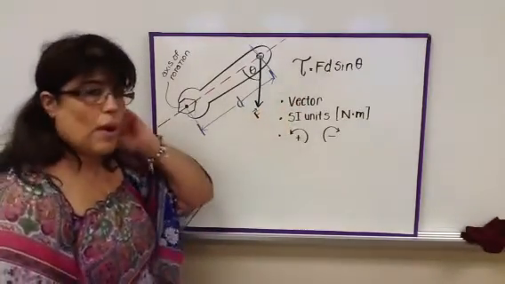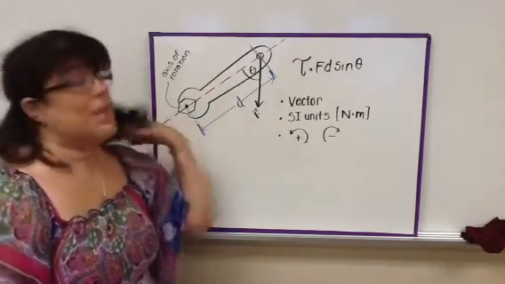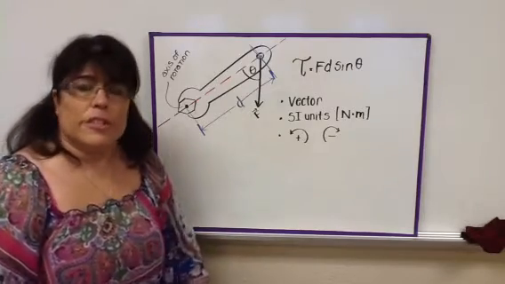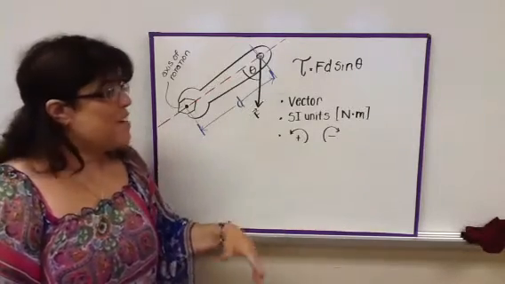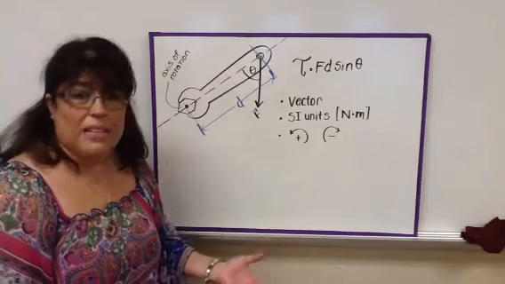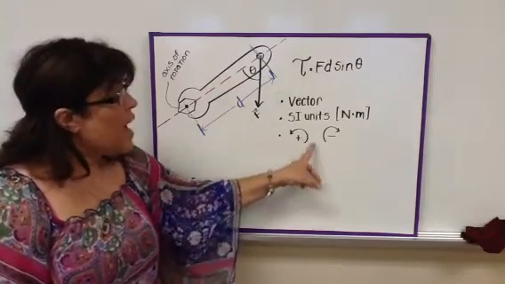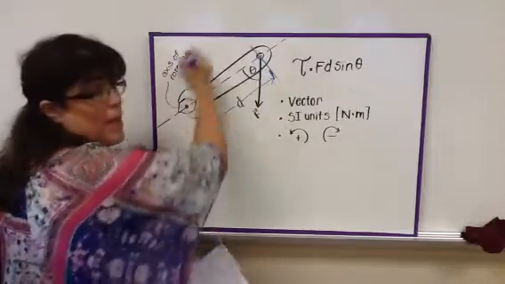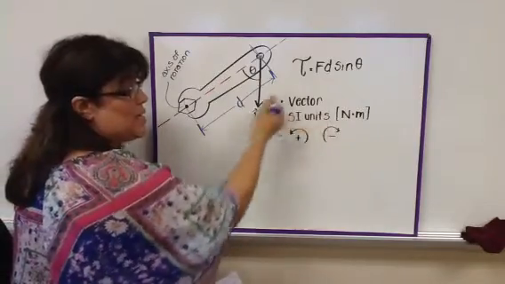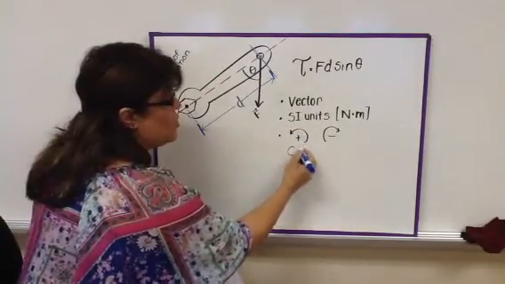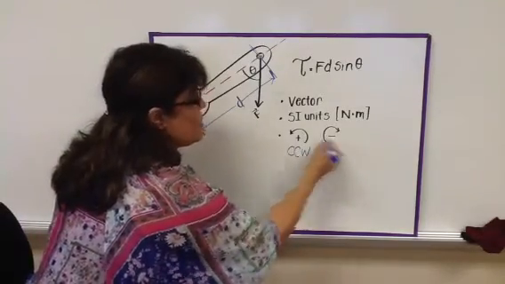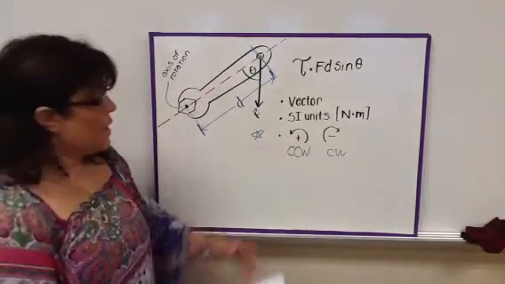Now torque is a vector quantity. That means it has a magnitude and a direction. The magnitude you just plug in here. Now the direction's a little bit different. Our direction, instead of left, right, up, or down, our direction now is going to be clockwise or counterclockwise. Now we tend to think that clockwise is a positive number, but in physics, clockwise, so if it rotates this way, the same way that a clock does, it's actually a negative number. And if it rotates counterclockwise, so this is our counterclockwise, it's positive torque, and this is clockwise. So this is something that you really have to make sure that you remember. Counterclockwise is